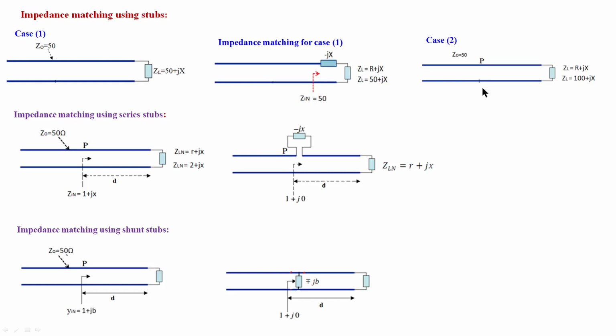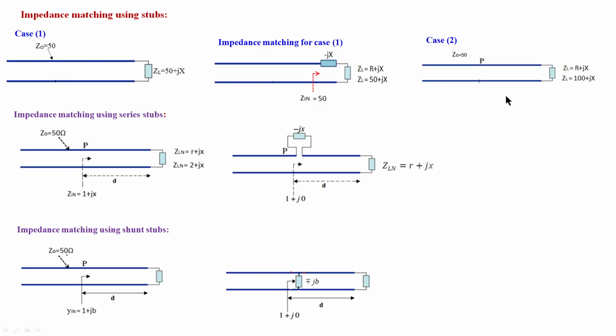You will get some reactance value, and at that position you connect the opposite reactance here. Then it cancels whatever exists here, and we get only an impedance equal to the characteristic impedance of the transmission line. So the match will take place. We need to find out at what distance the impedance over the transmission line has a real part equal to the characteristic impedance. That we have to find out. Here it is 50 ohm, but if there is some other value, then you go on moving until you reach it.